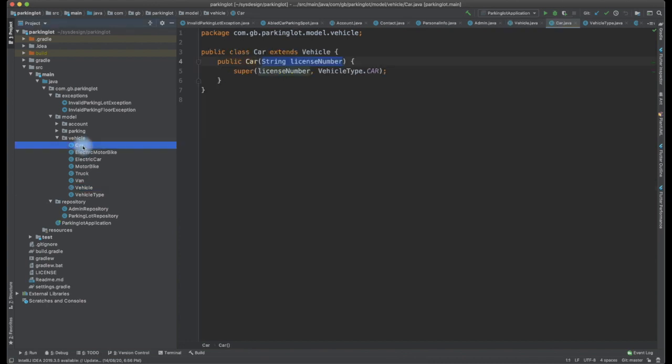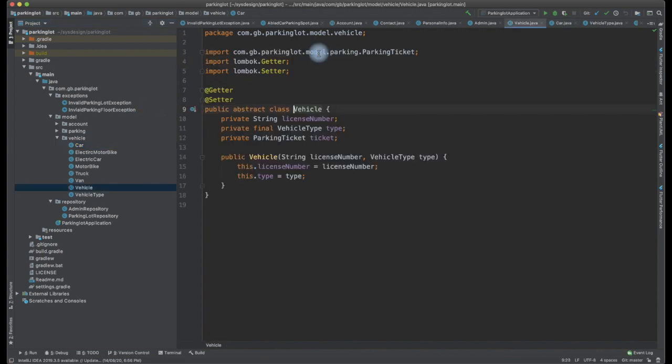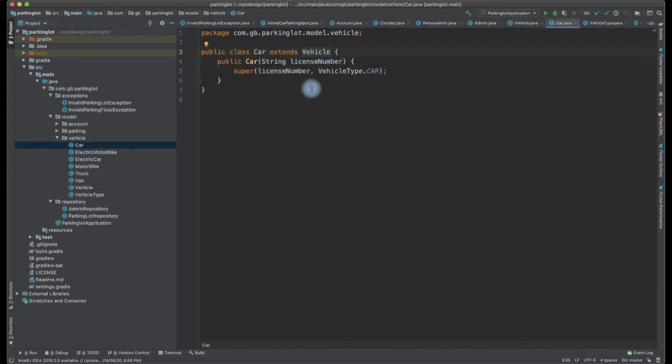A car extends a vehicle because whatever properties we have to capture as part of vehicle, we have captured, and since it takes a license number as a constructor, this is passing the license number to the super, and the vehicle type is initialized to car. This is the simple model about car. While we initialize a car, vehicle equal to new car, we should be passing the license number, and we know we are initializing a car. I am setting the vehicle type by default to car along with the initialization.